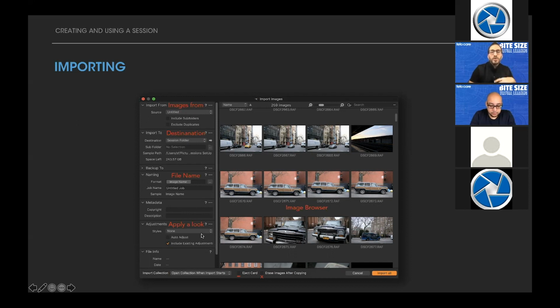Adjustments. This is where you can apply a look that you have already saved. Now, we're not going to talk about creating looks, but I'll touch briefly on what this accomplishes when I plug a card in shortly. And then it'll give you a summary of everything. Down at the bottom, you're going to see a checkbox for eject card and erase images after copying. There's also this drop down that